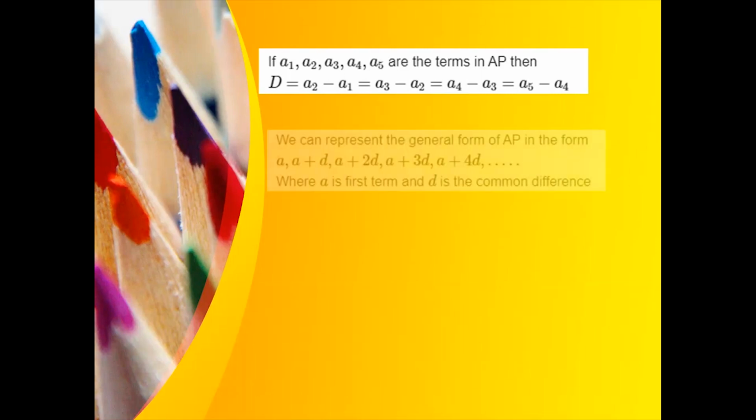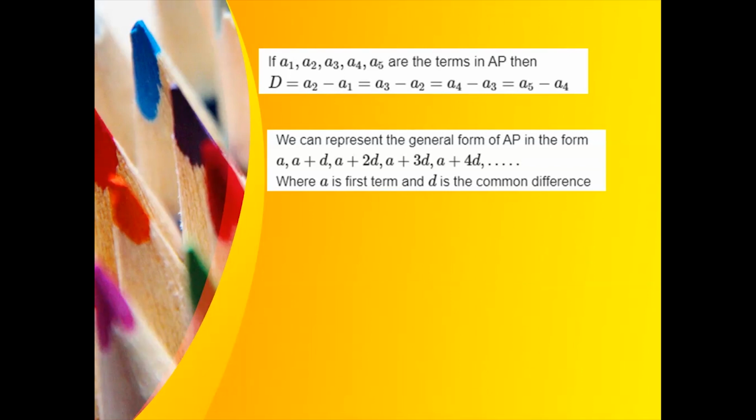In a similar way, if I am giving you a sequence, you can show that the sequence is an AP by just finding the difference. If the difference a2 minus a1 is equal to a3 minus a2 and so on, if the difference comes out to be same, then we can say that the given sequence is an AP. So what we observed, that we are adding a fixed number to the previous term to get the next term. So let's say my common difference is d, then my first term is a, next is a plus d, then a plus 2d, a plus 3d, a plus 4d, next will be a plus 5d, then a plus 6d, and it goes on.